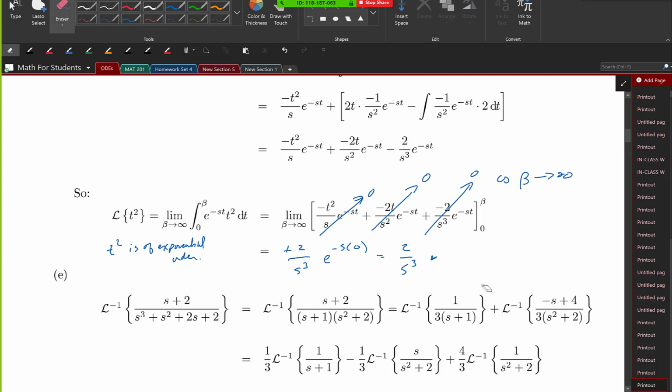Let me add: since t is of exponential order, t squared is of exponential order. How about that? And then, where you evaluate from 0 to beta, is that a super necessary substitution to make,